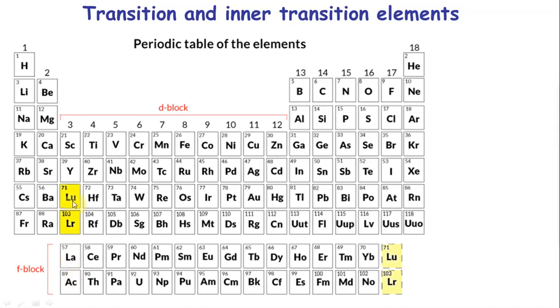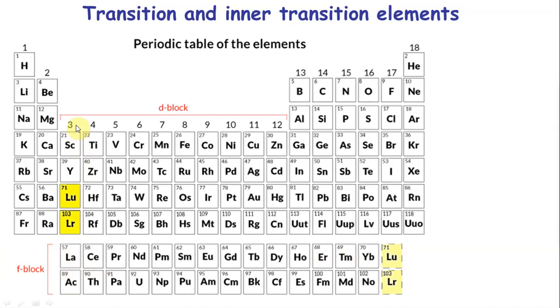Okay, here these two are supposed to be the last elements, just put here for continuity of the atomic numbers. But La and Ac belong to D block, but they actually have no F electron in the outermost shell. But they are put here because their properties are very similar to the other elements. So you are going to be studying along with them.